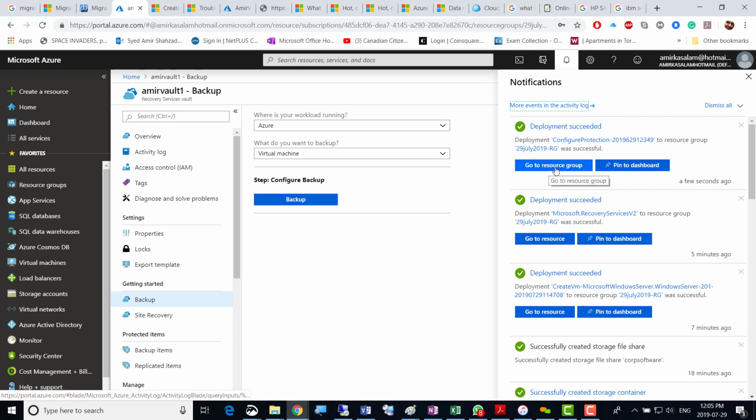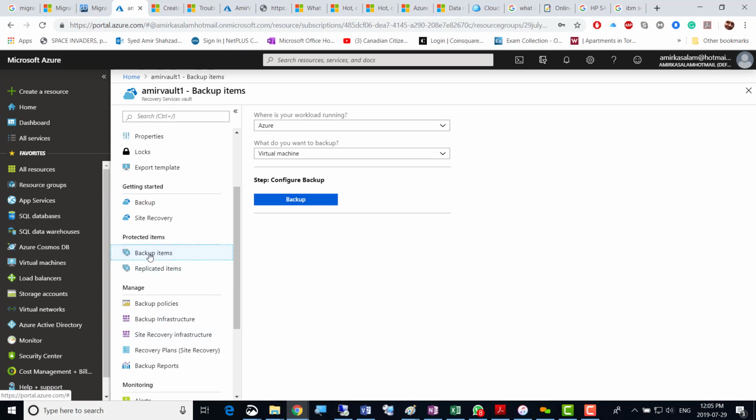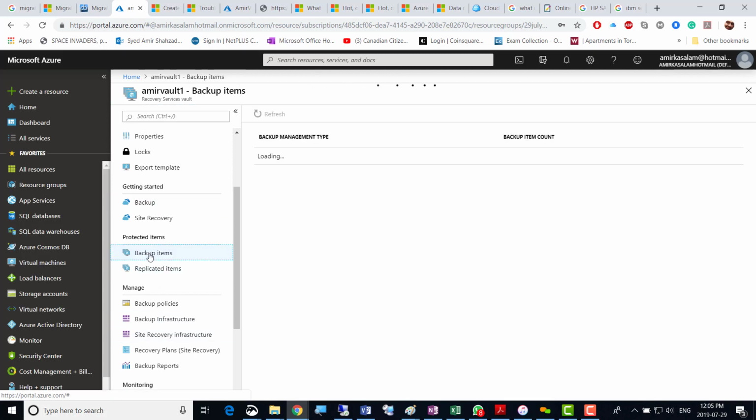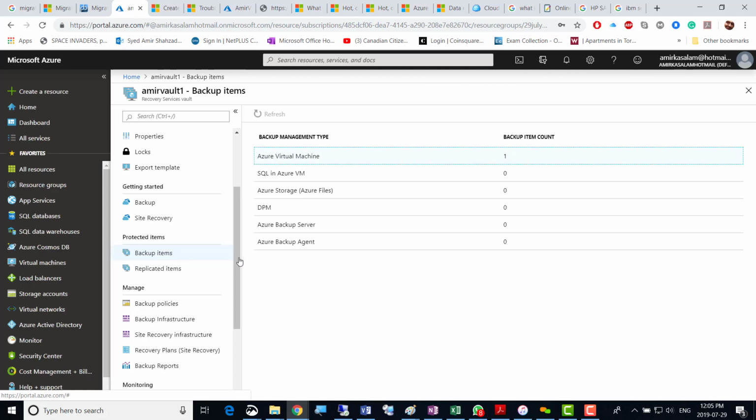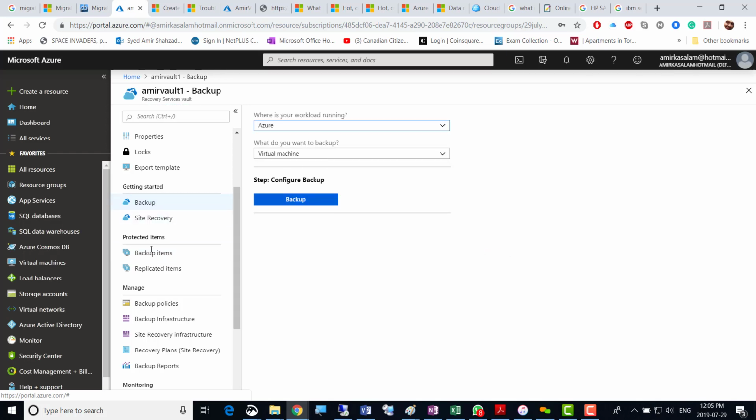I'm going to go to the, no, not the resource group. I don't need to go there. So once the backup is complete here, I click the backup, and it is still asking what backup you want to create. So I'm just going to go to backup items here, down here, backup items, and so what items were being backed up, that's it. If I go back to the backup here, that is just again the schedule. But let's go to the backup infrastructure, way down here. If we click the backup infrastructure here,